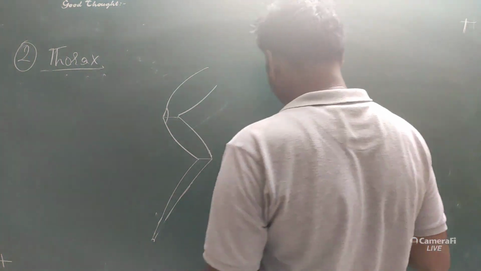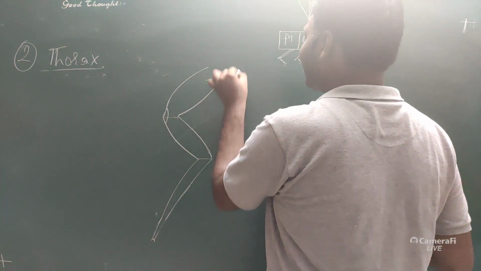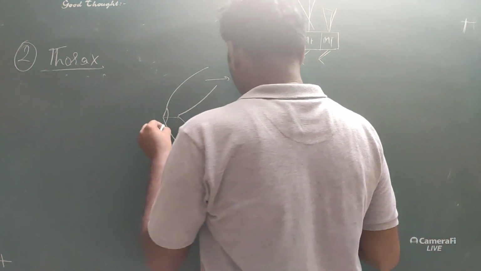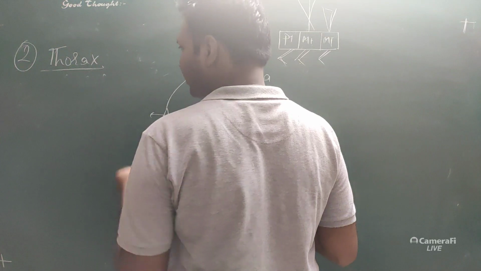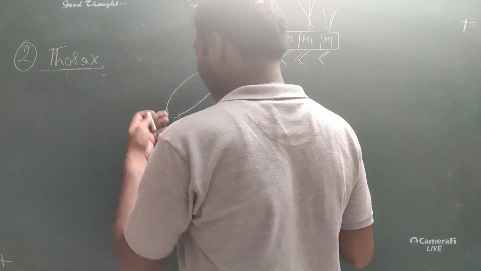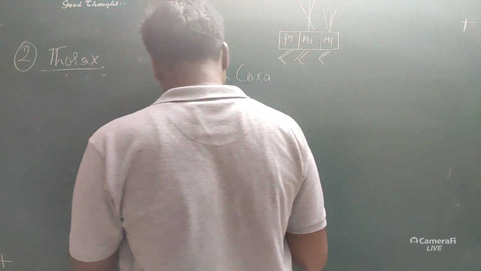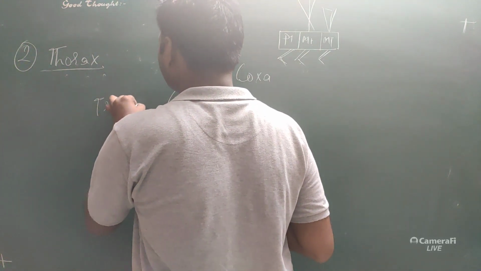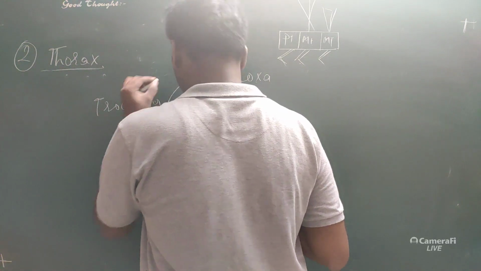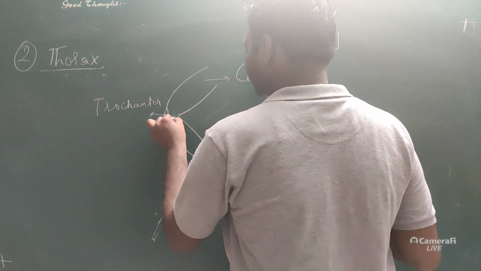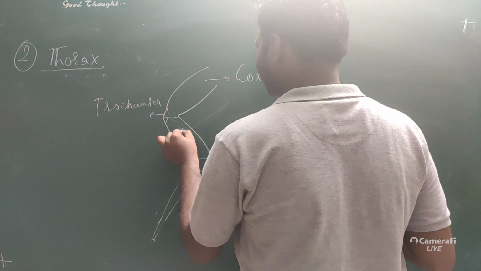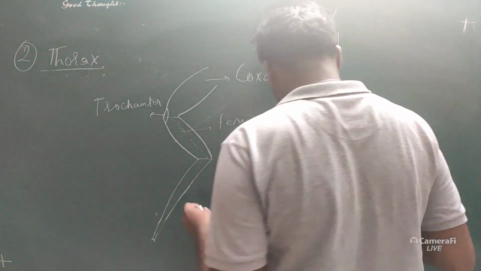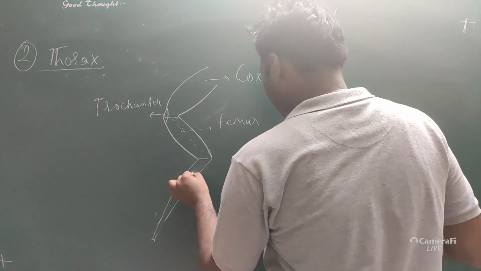Such a structure you can see in the leg. This part is referred to as the coxa. This part, in the case of the knee bone, we would call the patella, but here it is not the patella. It is called the trochanter. Then this part is the femur, and this part is referred to as the